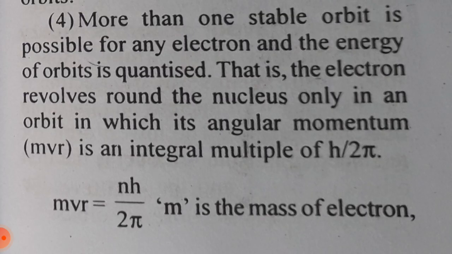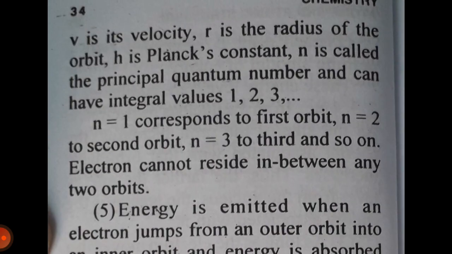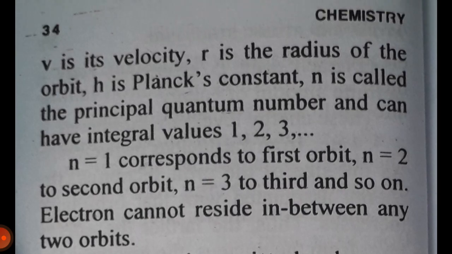Fourth, more than one stable orbit is possible for any electron, and the energy of an orbit is quantized. That is, the electron revolves around the nucleus only in an orbit in which its angular momentum mvr is an integral multiple of h upon 2 pi. mvr is equal to nh upon 2 pi. m is the mass of the electron, v is its velocity, r is the radius of the orbit, h is the Planck constant,